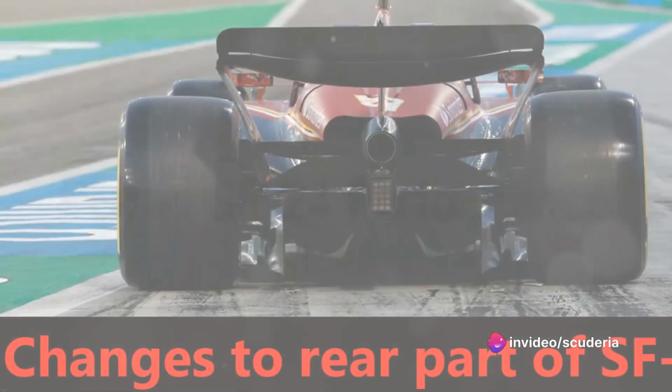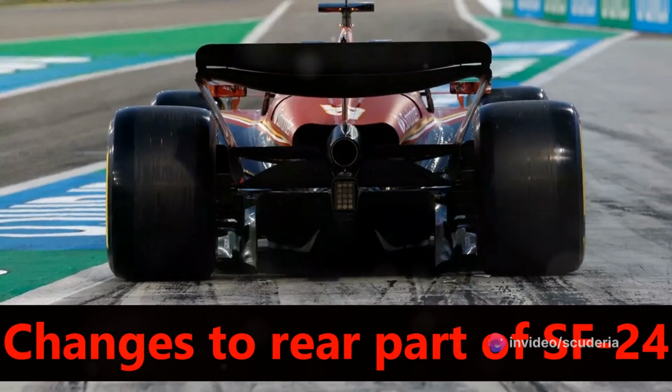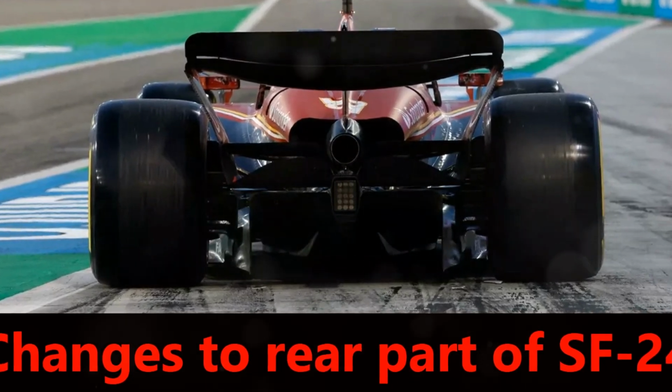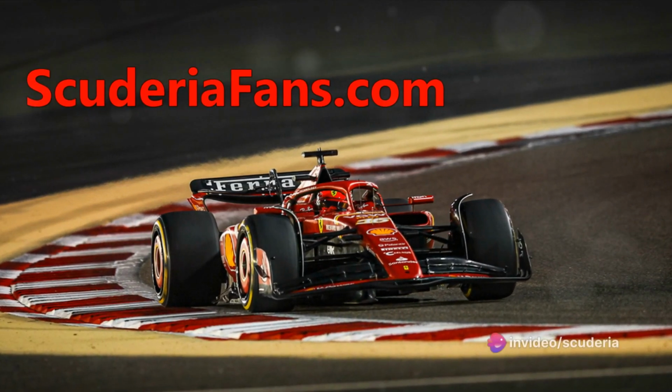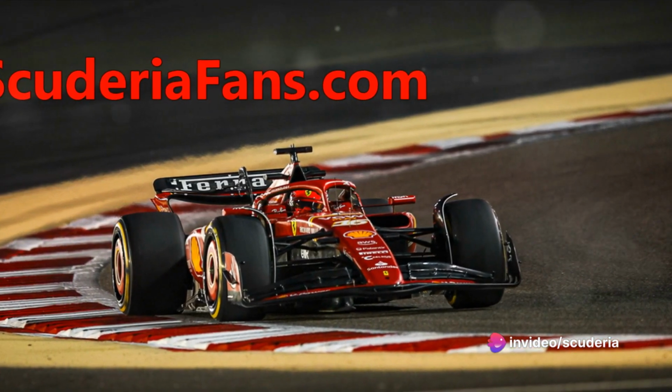Ferrari has been putting in significant work with the SF-24. We're talking about a solid, substantial Formula One single-seater, which is reassuring for technicians and engineers as they head into the competitive 2024 Formula One season campaign. Not to mention the drivers, who obviously benefit from a car that is more stable and not as temperamental as